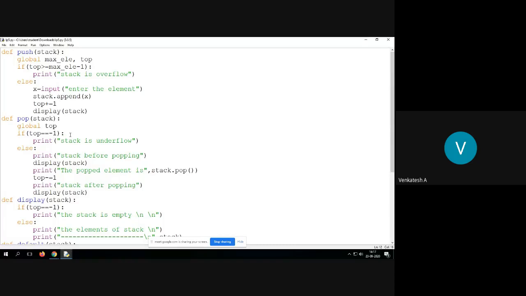Okay, so stack is also a data structure. What kind of data structure is it? Linear or non-linear? Linear, sir. What is the meaning of linear and non-linear data structure?